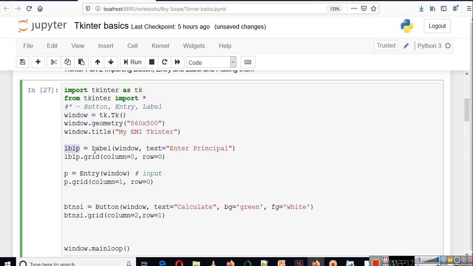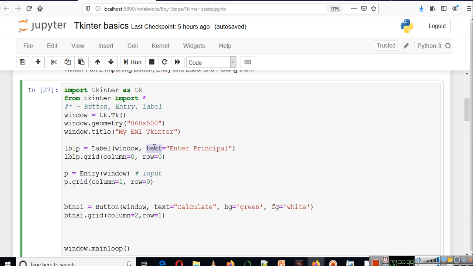Then we have created a label. So we are creating a label which is an object of class Label. While creating an object of class Label, we have to provide some parameters here. The first argument will be the window in which this label will be placed.